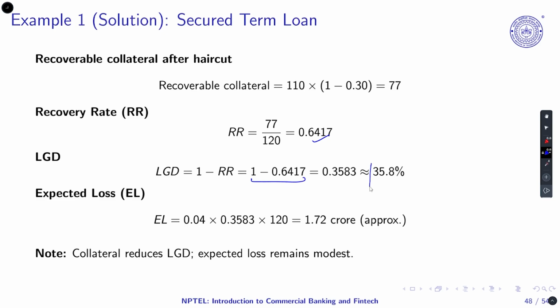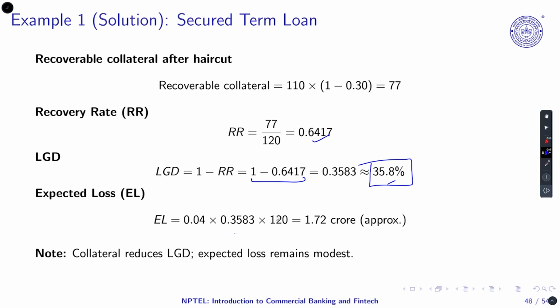So it is coming out to be 35.8%. So what is the expected loss then? So 0.04 that we got into 0.3583 that we have got. So this we have converted in percentage into 120 crore, that here we have the exposure. So it is coming out to be